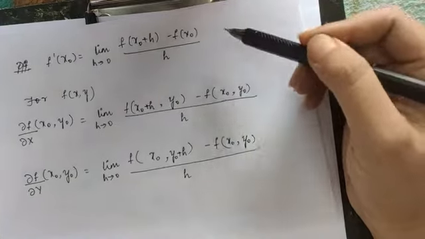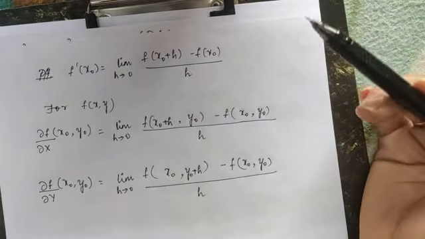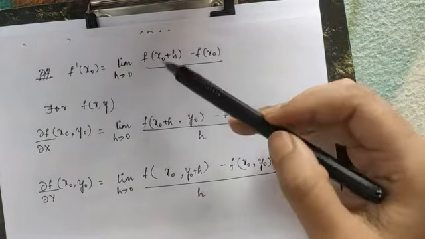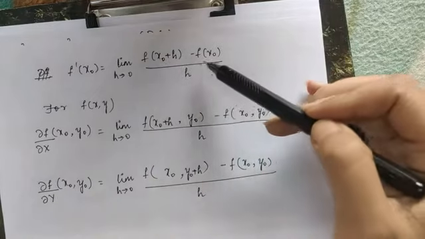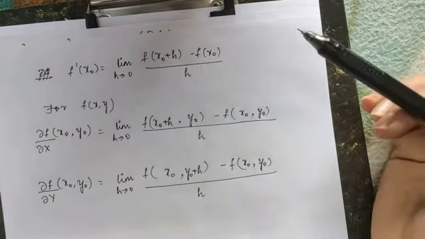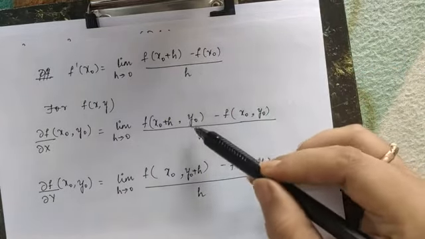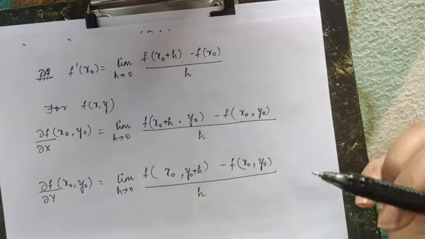You can see the difference when it comes to ordinary differential equations, that is for only one independent variable. You will not get more variables here. This is with respect to only one independent variable. But when it comes to partial differential equations, you will have more than one independent variable, right?